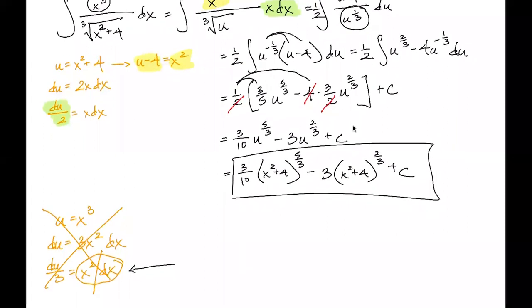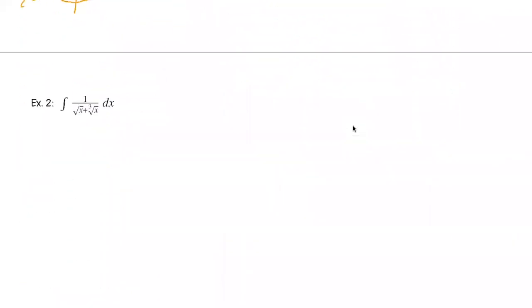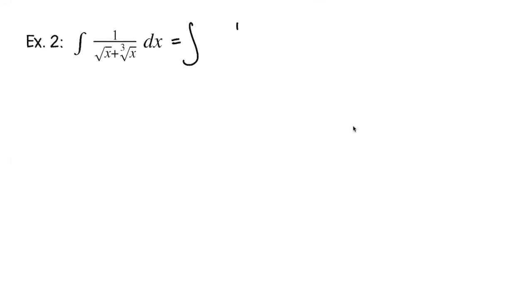All right. So let's take a look at example number 2 here, okay? This is sort of a slightly different flavor, all right? So we have a situation here that we've not seen before, which is that we actually have not one, but 2 different radicals. And they're not even the same radical. One is a square root and the other one is a cube root, okay? So before I start this question, let's go ahead and rewrite it with the powers so we can see the powers. So the square root of x,